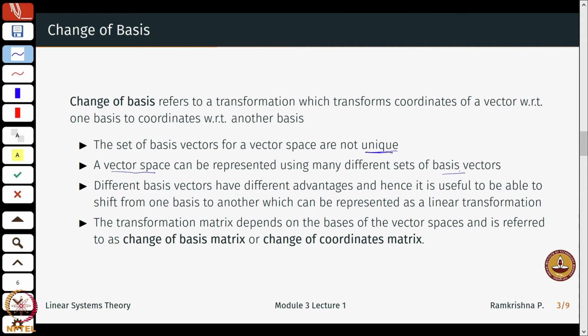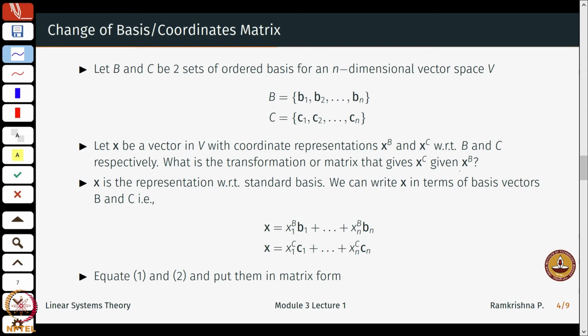Okay. So, what represents now the change of basis, or how do I go from one basis to the other? It actually turns out to be a very simple exercise. So let us start with two different bases. So how do two bases relate? Well, I just take two arbitrary bases. One of them could be the standard basis for Rn. It could be any of those, right. So the transformation exists independent of that. So let me just take two bases B and C, with their individual basis vectors being B1 till Bn.